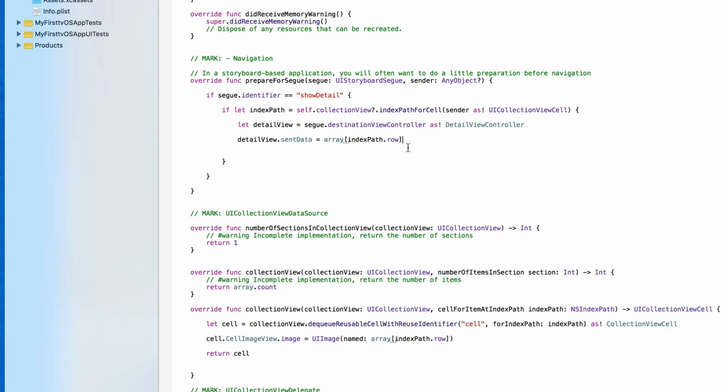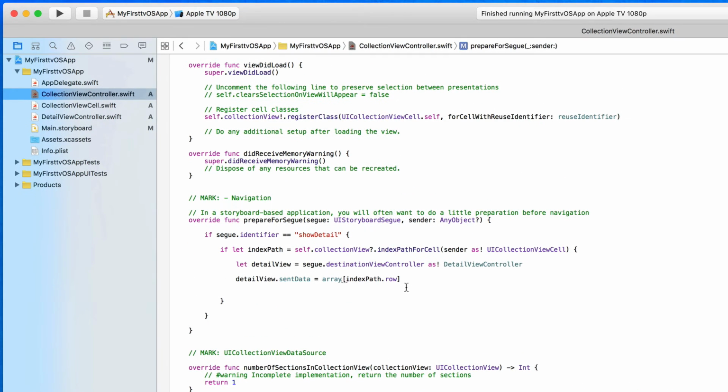So what that does, if we select the cell, it says, okay, what cell did we select? Let's say we selected our second one. It goes, okay, we selected our second cell, which is basically the second indexPath.row within our array, which is the second entry within our array, which for example would be our Audi, and will then equal that to our sent data. Now, because our sent data is a string, it can't place the image within the string, obviously. So what it does is it takes the file name, the string of the image, and places that within our sent data. So our sent data then equals